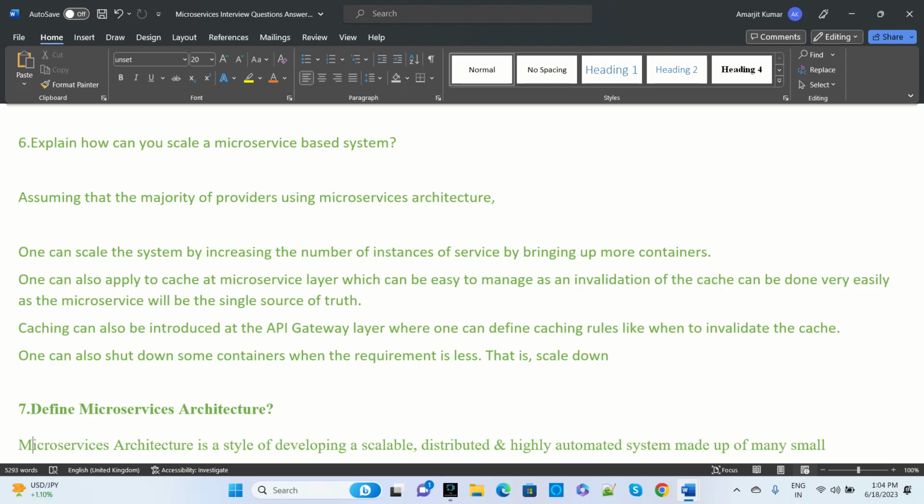Another one can be applying the cache as a microservice layer. Cache is also easy to manage, and invalidation of the caches can be done very easily, since the microservice will be the single source of truth. And one can also shut down some containers when the requirement is less, so that the scale is down. So these are the ways you can increase the number of instances, add a cache, apply the cache in microservices like that,